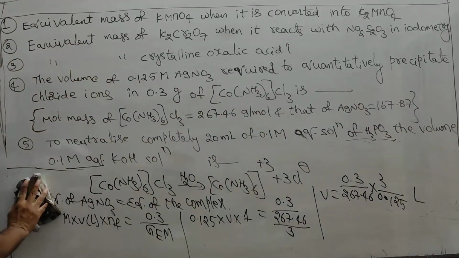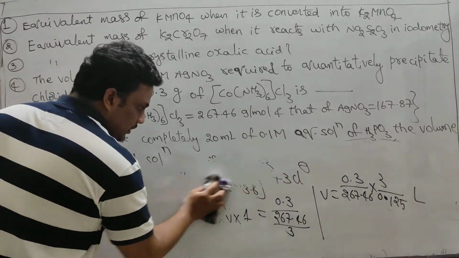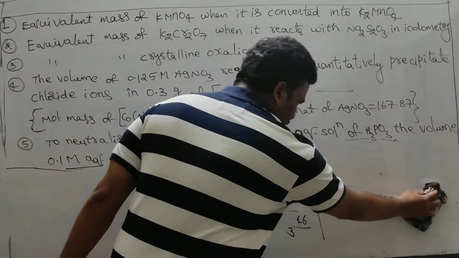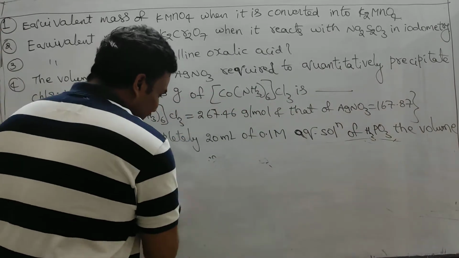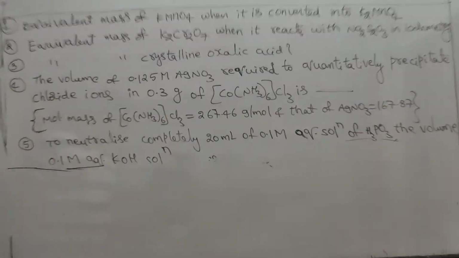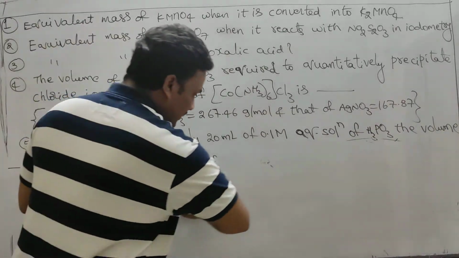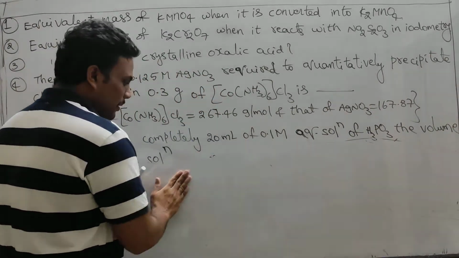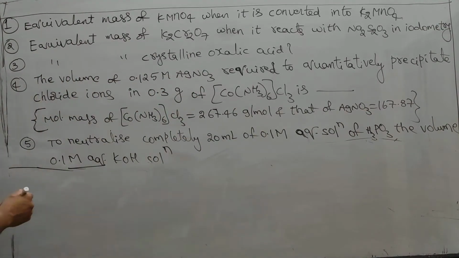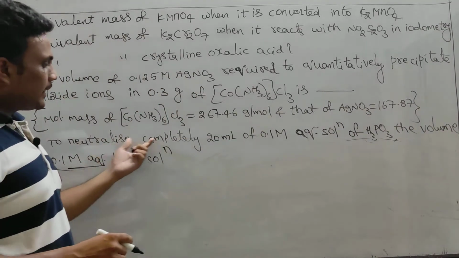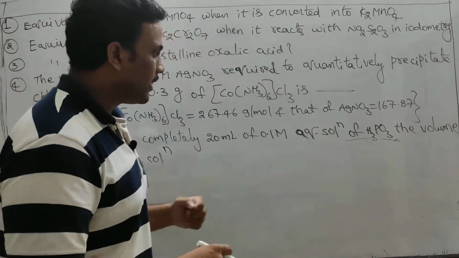Over. And let's go for question number 5. This is also a JEE question, but this is an advanced question, I think. No, a mains question. First two are advanced questions. Now you see, sometimes mains questions are more difficult than advanced. Okay, not like that. The 2019 paper, you see, the JEE advanced paper, very easy paper. Okay. So, question number 5, to neutralize completely 20 ml of 0.1 molar aqueous H3PO3, the